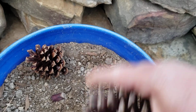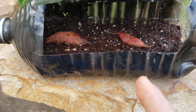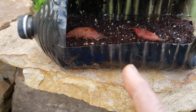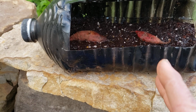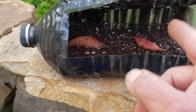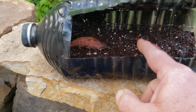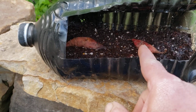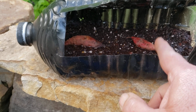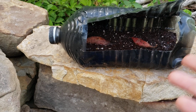But anyhow, I added fertilizer to the beans, and I have shown you the best way to start sweet potatoes that I know of. And this is what I'm going to go with. I've got a couple of other varieties that I'm going to try this with. And the one that I put in the bottle, I'm going to swap over to this method as well. Keep it warm, keep it out of the light, and keep it humid. Like I said, the soil you're seeing here is too wet. You don't want that. You want it to be moist, but not really wet. Like I said, though, this is going to dry out really fast. I ain't worried about it. So, otherwise, what are we doing? We're setting them in a water,